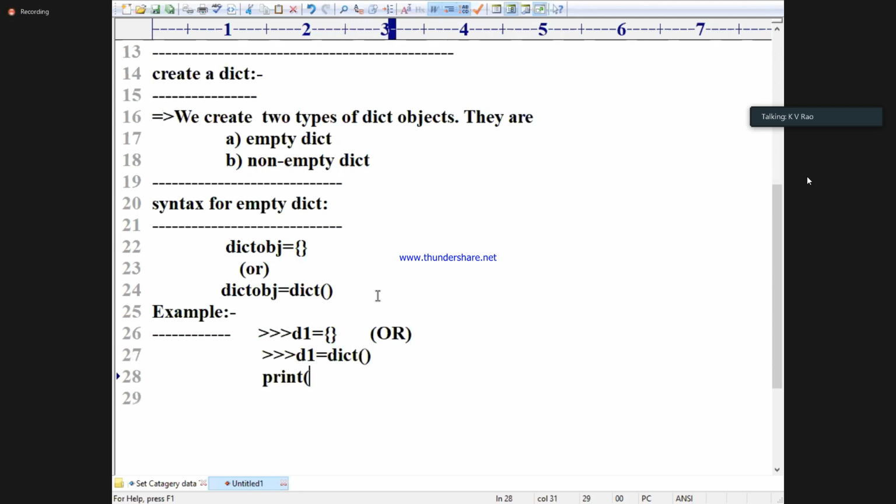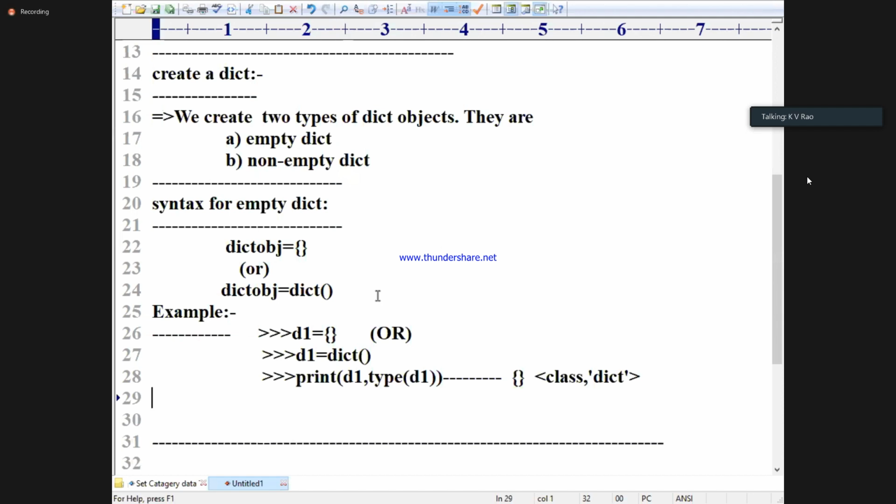Print of D1 comma type of D1. What is printed? Empty is printed. Next what? Class dict. Write down, class dict. That is empty.